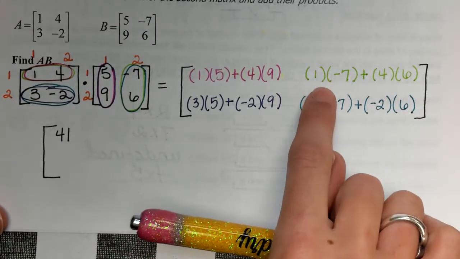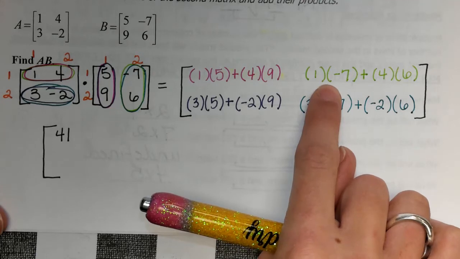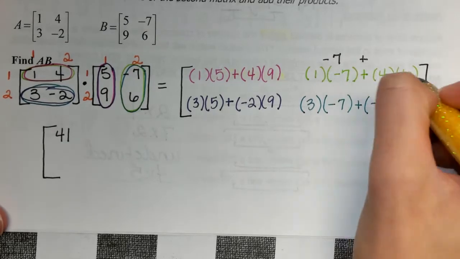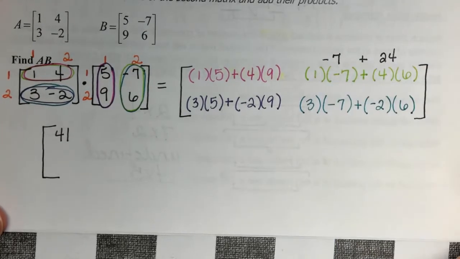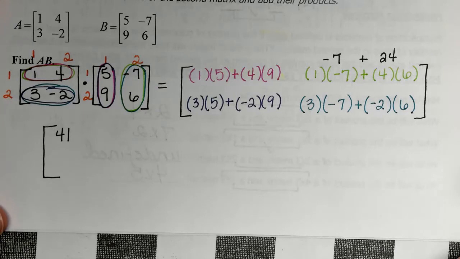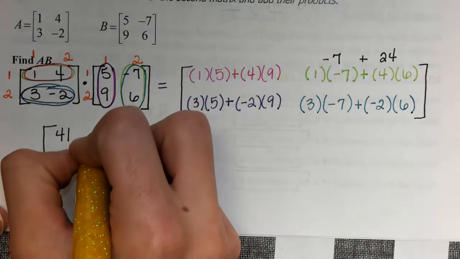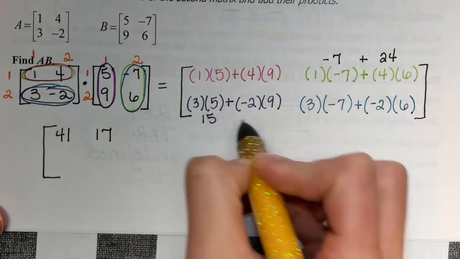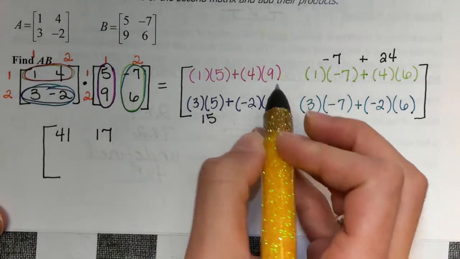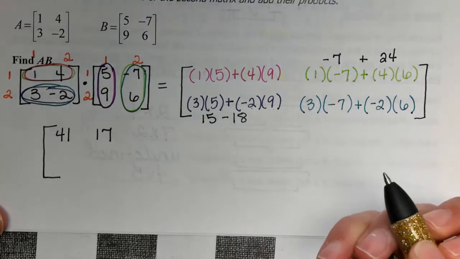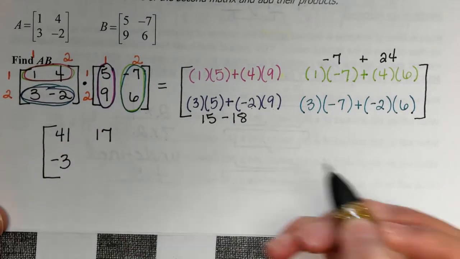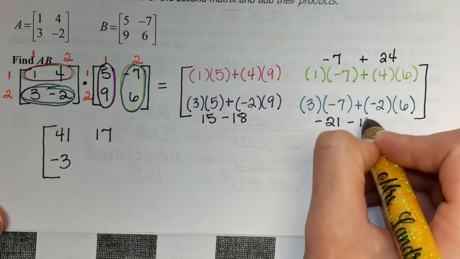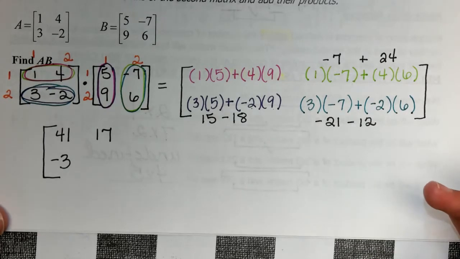Okay? So here I've got a -7. If you need to even write it right here. -7 plus 4 times 6, 24. What's -7 plus 24? So then 3 times 5 is 15. I got -2 times 9, so that's a -18. Gives you -3. Then I've got a -21 minus 12. That's going to give me